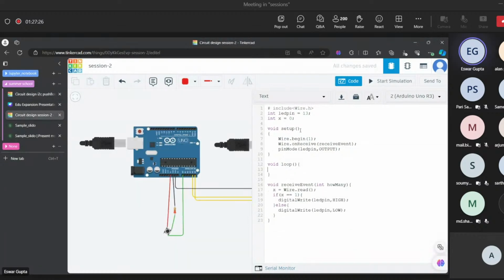One more thing, sorry, I forgot this. In void loop, I need to declare some delay of 100 milliseconds, because it can't process anything that fast. Nothing happens instantaneously, right? So we need to give it some time, some 0.1 second, so that it will process the data. After every operation, there must be some delay. So I had declared that.